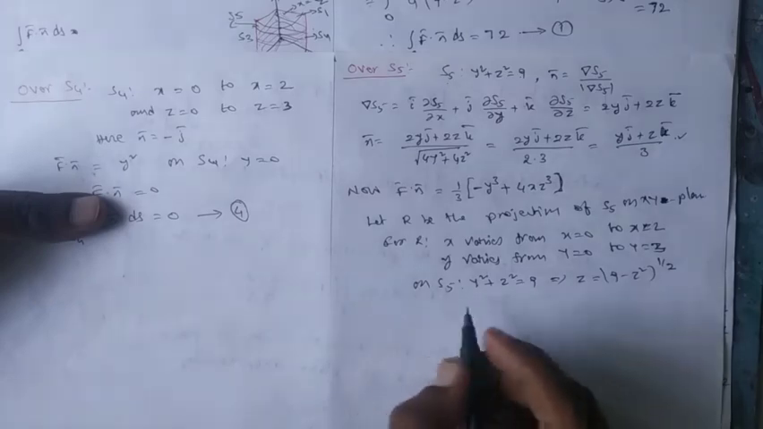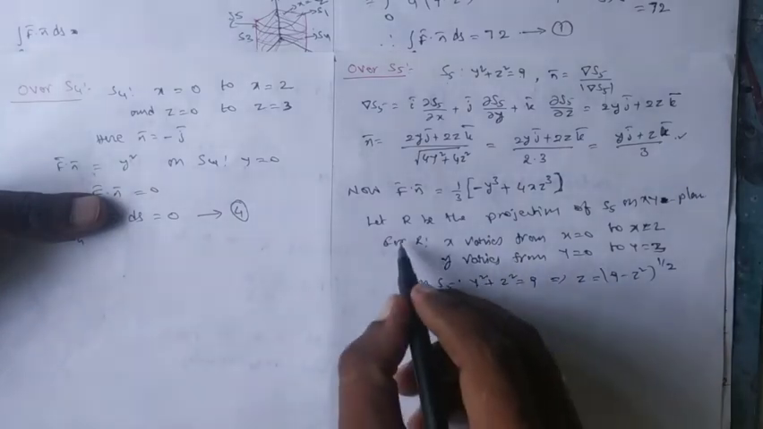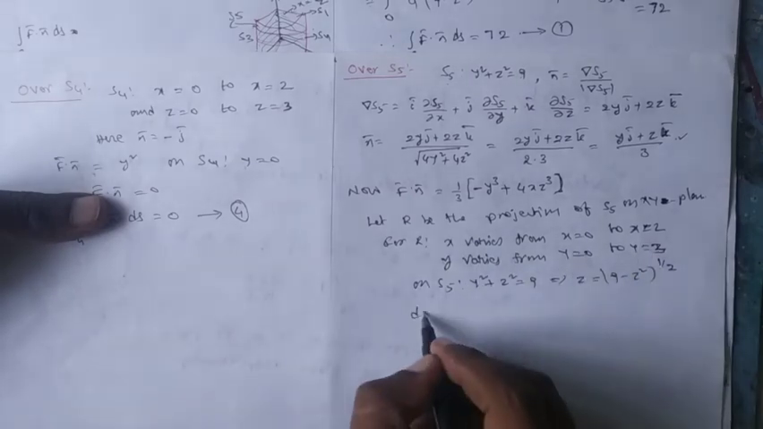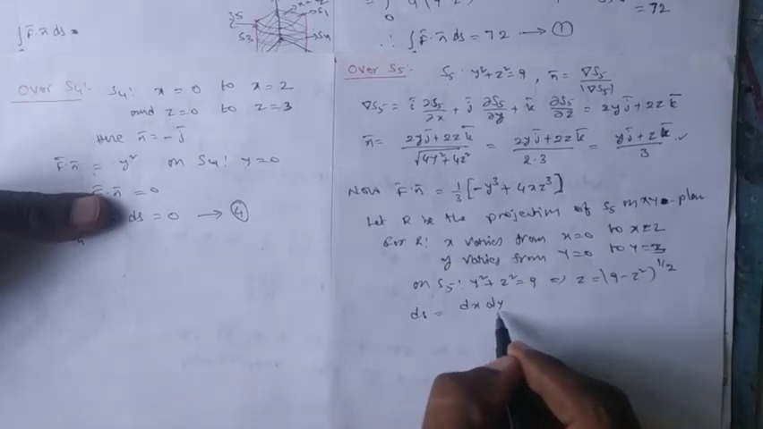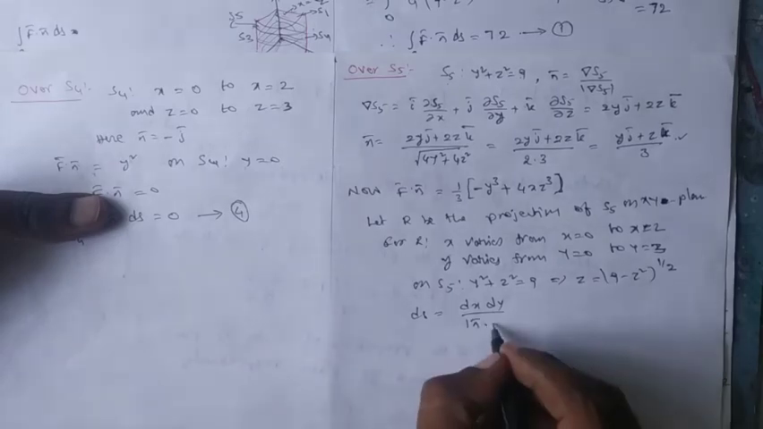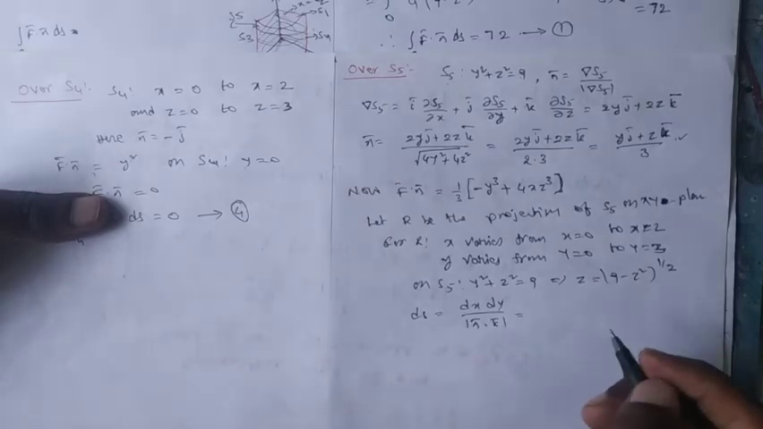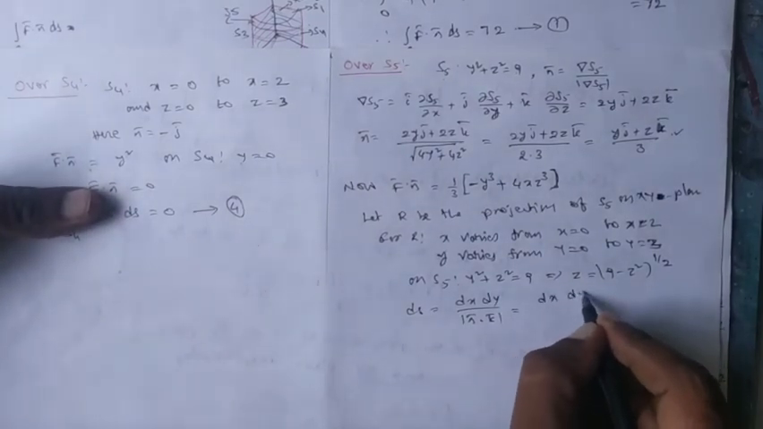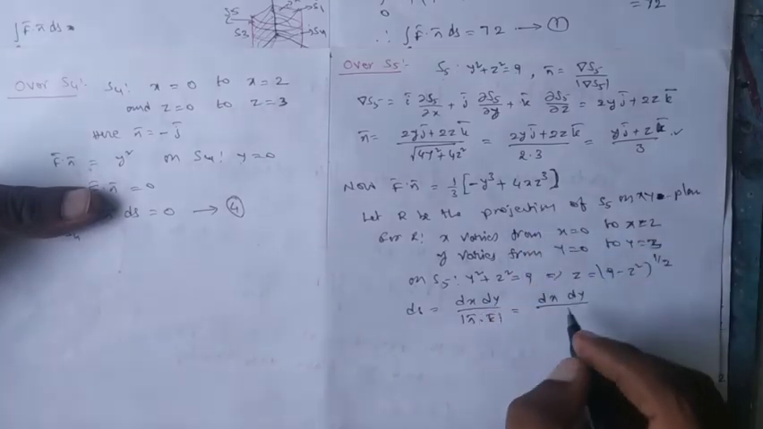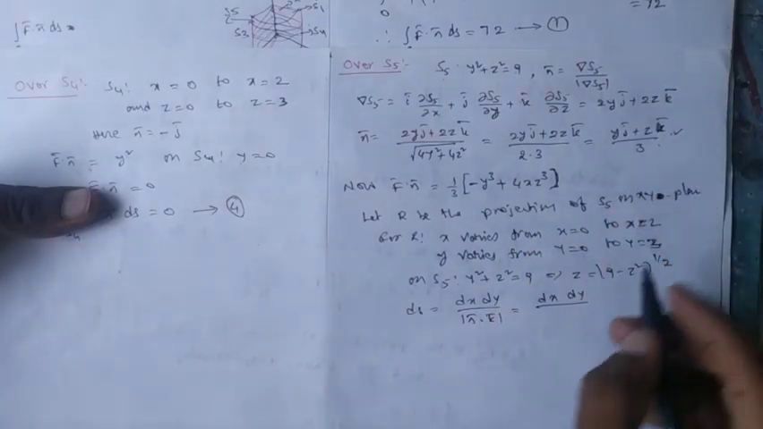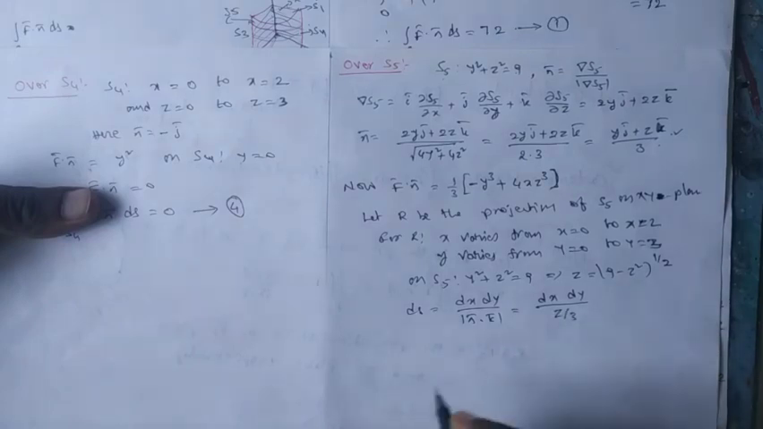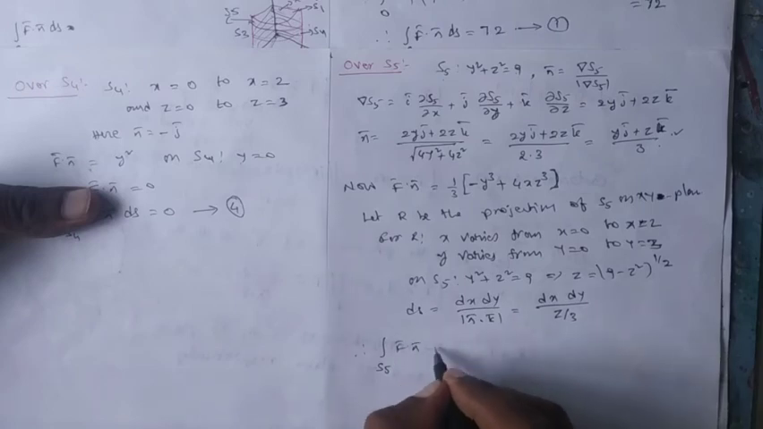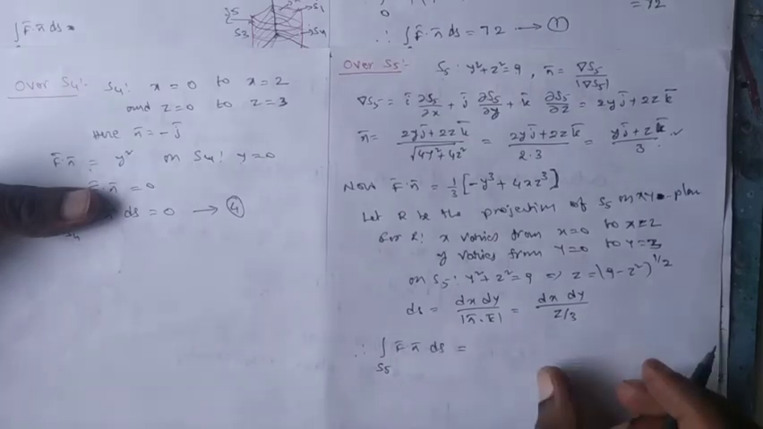Not only that, once you are taking the projection onto the xy plane, you should write what dS is. dS is dx dy by modulus of n bar dot k bar. This is our n bar. So n bar dot k bar gives us z by 3. Therefore, the integral over S5 of f bar dot n bar dS equals,